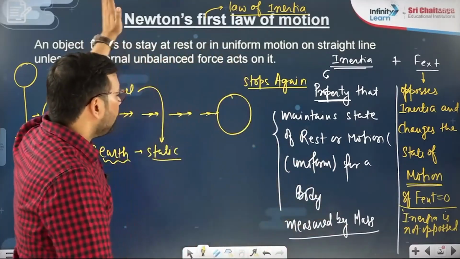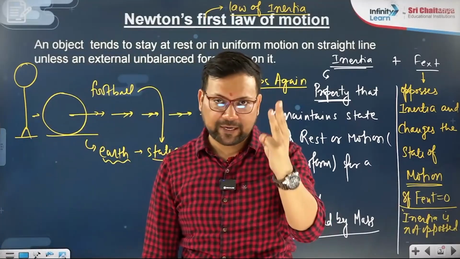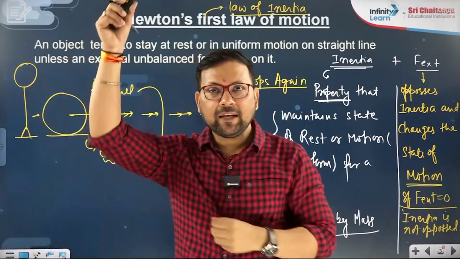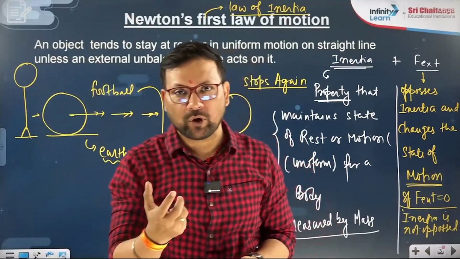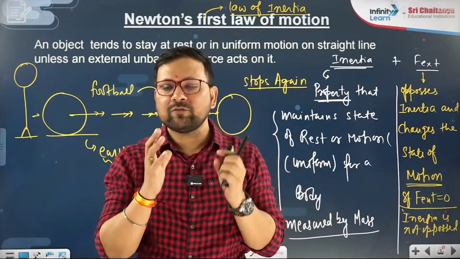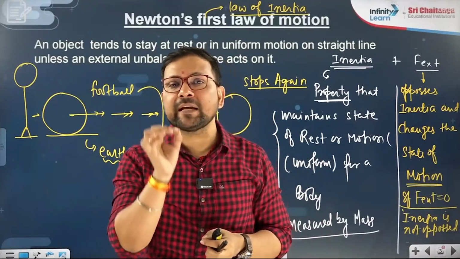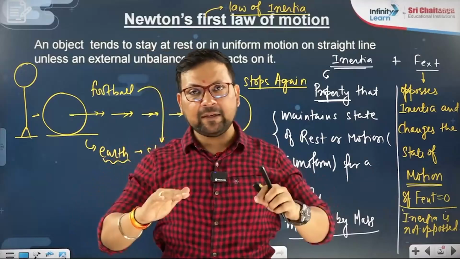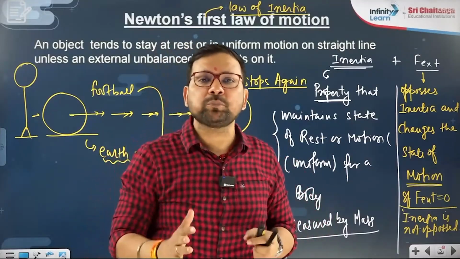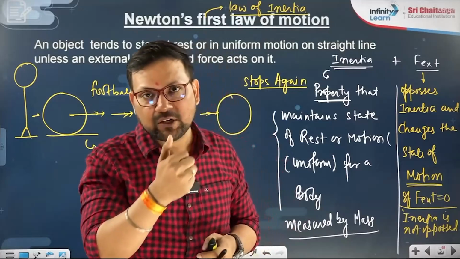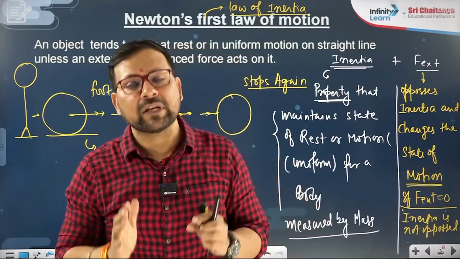In this, one summary to understand Newton's first law. Three points to keep in mind. First, Galileo's explanation about inertia. It is a property of a body. Every body, every mass, every particle has this property. That property helps the body maintain its state. Suppose I come and want to push you, but I am not able to push you. Why? Because of your inertia. So your inertia helped you maintain the state of rest.